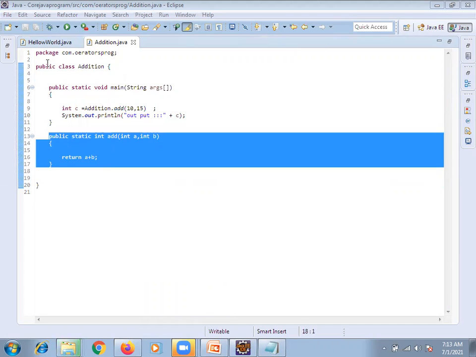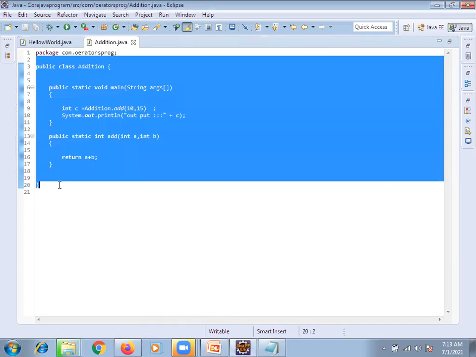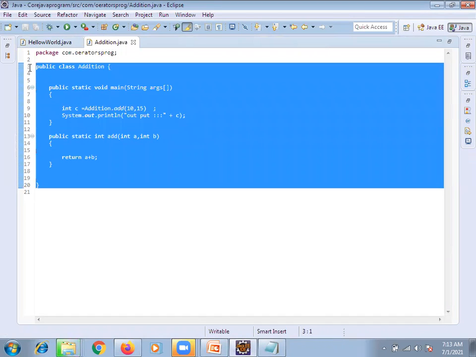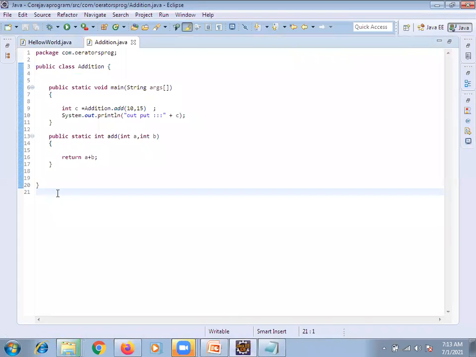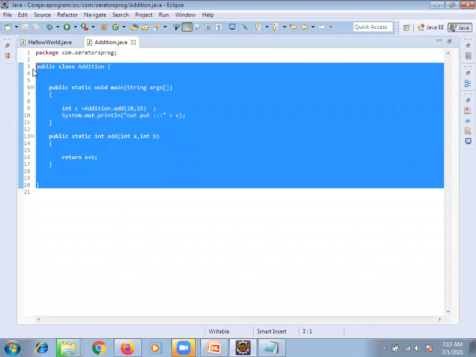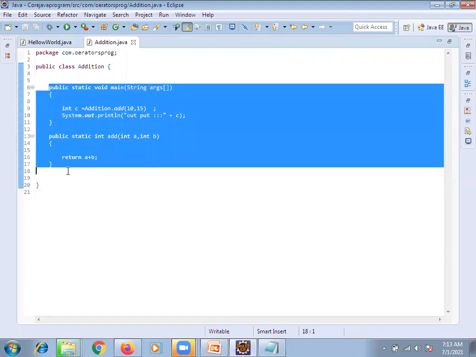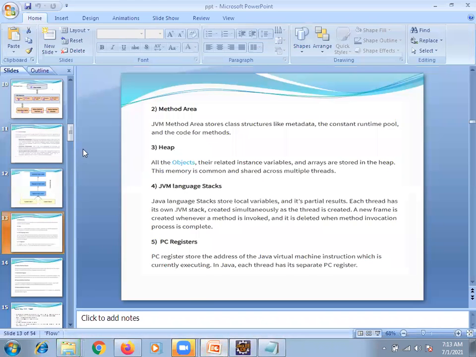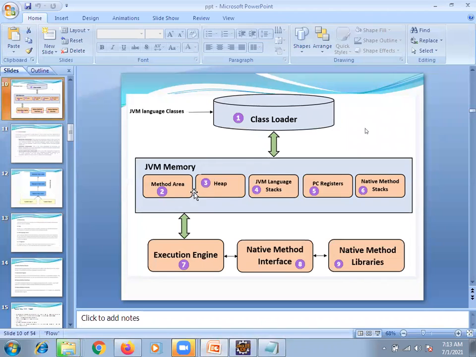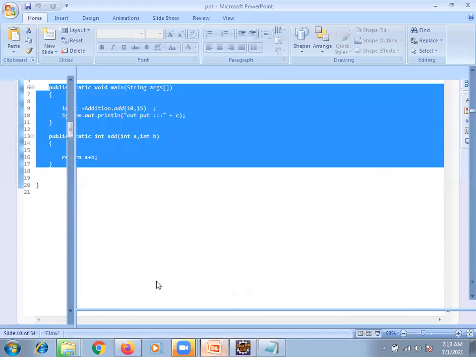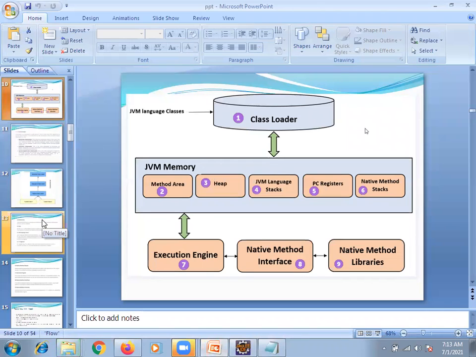Now we discuss. The first part, the class loader will do. It will load with the help of Bootstrap and extension class loader. Our class will load. Once we are loading, we should allocate the memory, right? For this program, JVM should allocate the memory. That memory part is in the next image. The next box is there, right? Method area, heap area, JVM. How the memory allocation for the program happens, we are going to discuss now. Are you clear or any doubt?